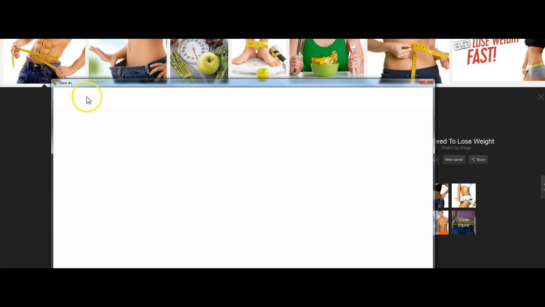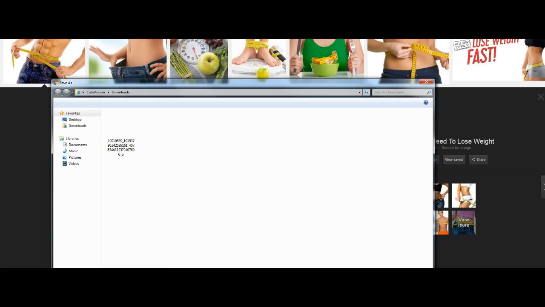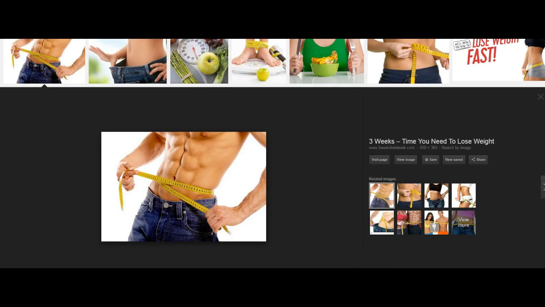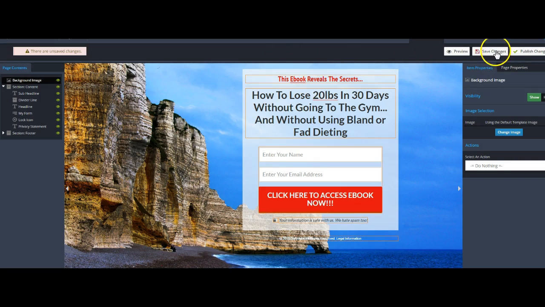There we go. I'm going to save this to my desktop soon as it hurries up. Come on, PC. I want to do this in 15 minutes. Let's make this happen. Alright, so then I'm going to come back over here. I'm going to save these changes so I don't lose anything in the process.